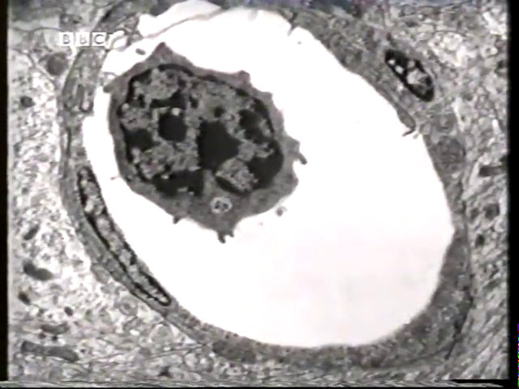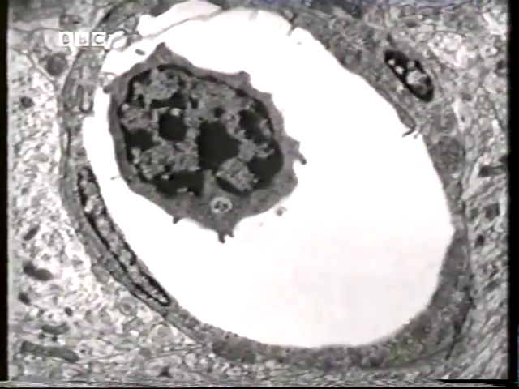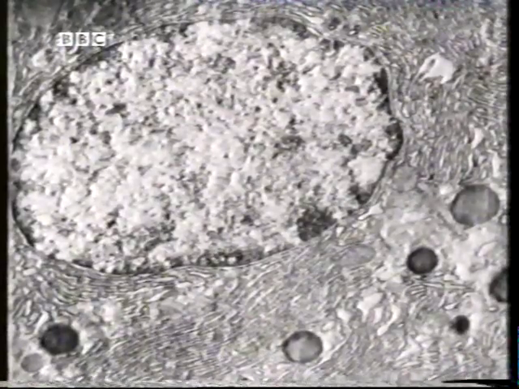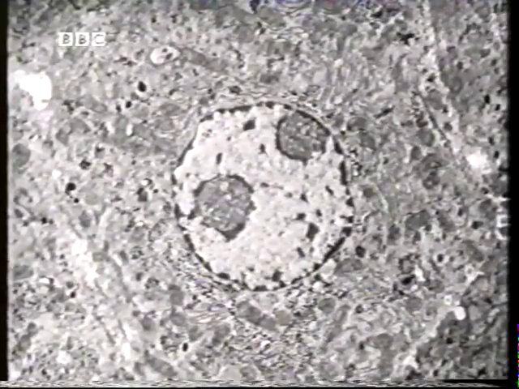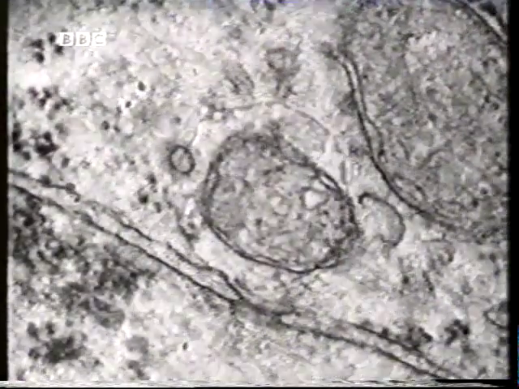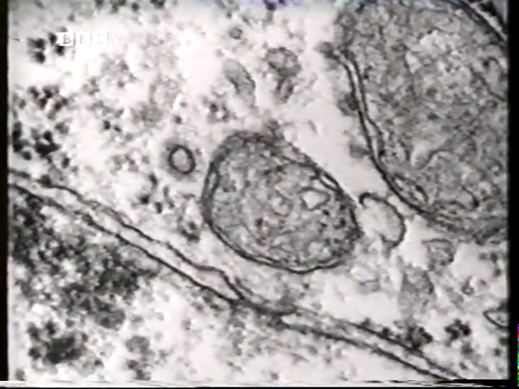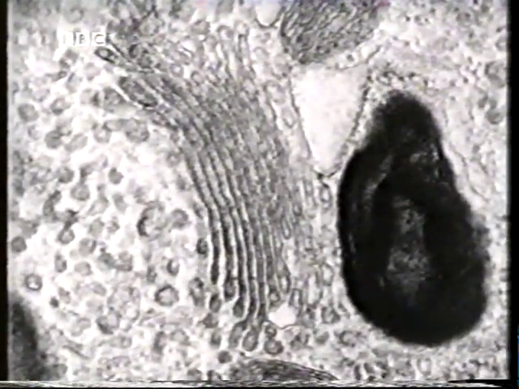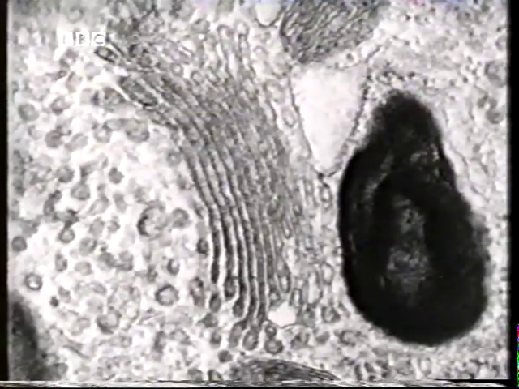But ironically, to see detailed structures within cells, we often have to kill them first. When we do this, we fix them to stop them degrading. A tissue, as it comes out of an organism, is too thick often for light to shine through, so thin sections are necessary. To be able to cut very thin slices, you have to support what you're cutting, so they are normally embedded in wax.